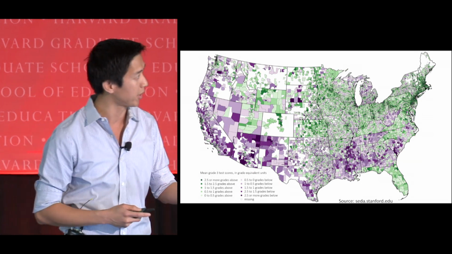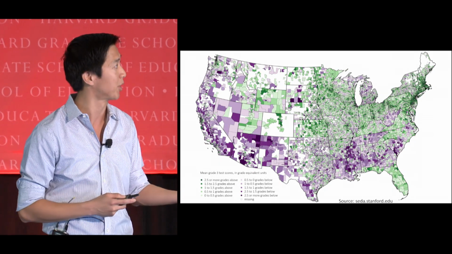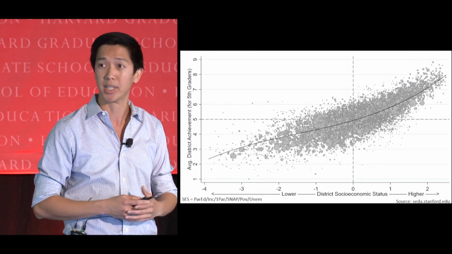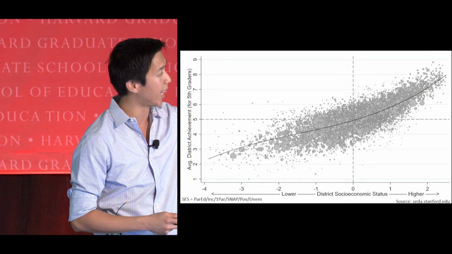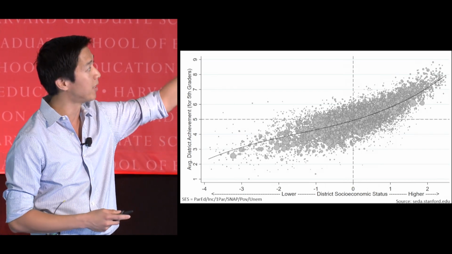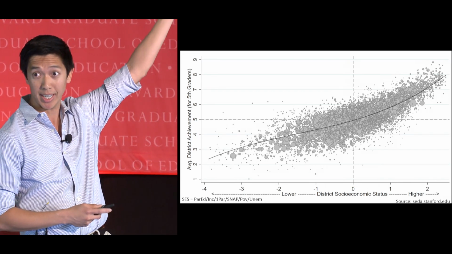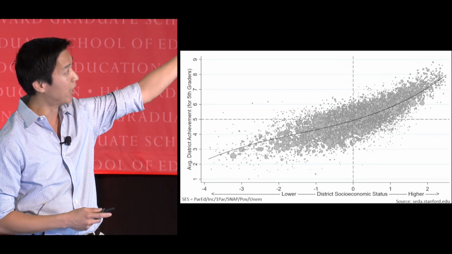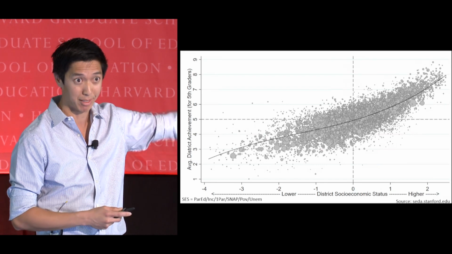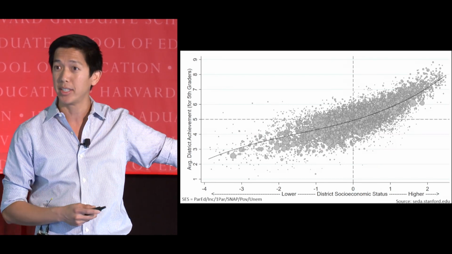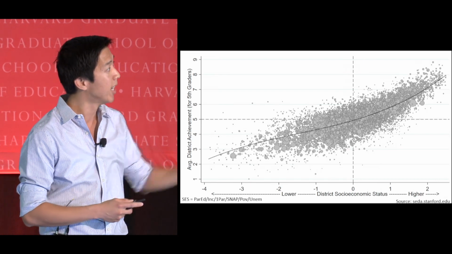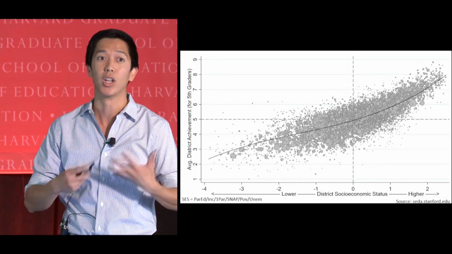So obviously, one of the initial correlates that we think of when we look at educational achievement is socioeconomic status. What I'm going to show you here is on the vertical axis, the average district achievement for 5th graders. Again, you can see that some 5th graders are performing at 8th grade levels nationally, and other 5th graders are performing at 2nd grade levels nationally. So that's a massive amount of difference. Each bubble you see there is one of the 12,000 to 13,000 school districts in the United States. The size of the bubble corresponds to how large it is.